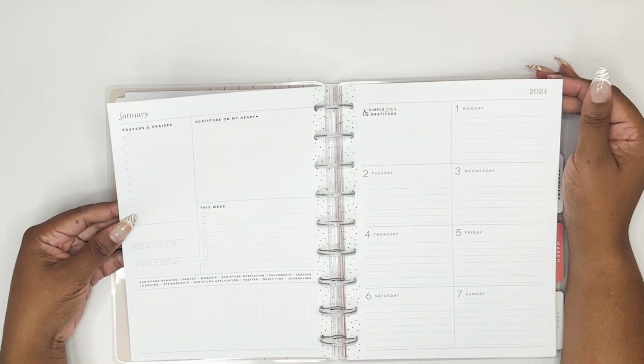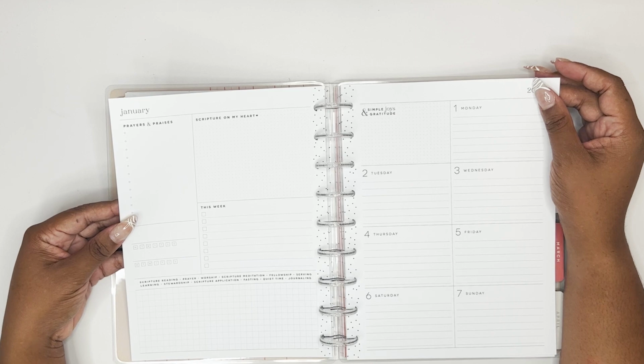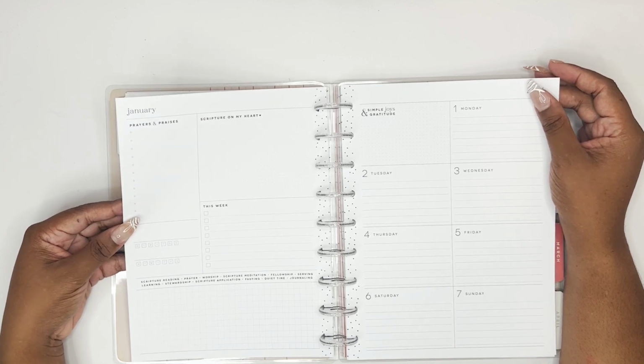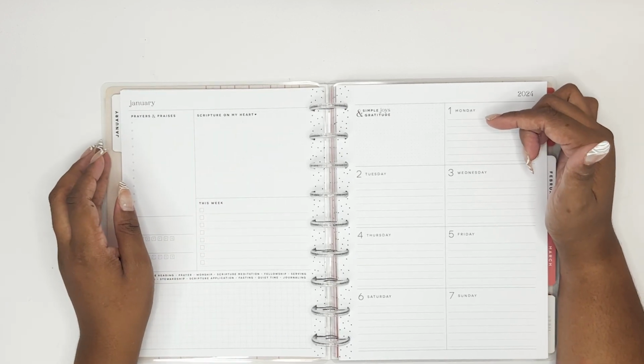And look at this, y'all. Okay, this is interesting. So this is a mix, I feel like, of a dashboard planner, and, well, no, it's really just a dashboard planner. Yeah, it's just a dashboard planner. That's really what it is. This is just a functional page. This reminds me of,